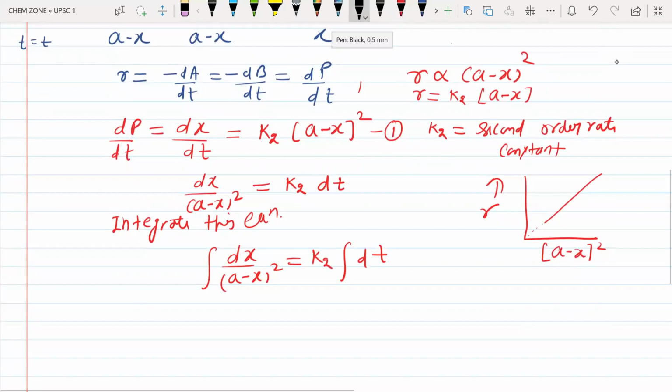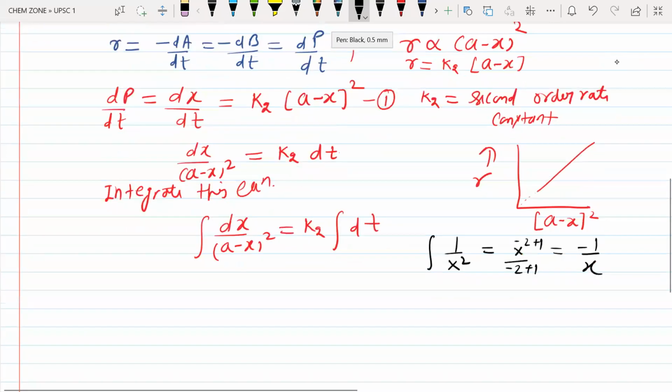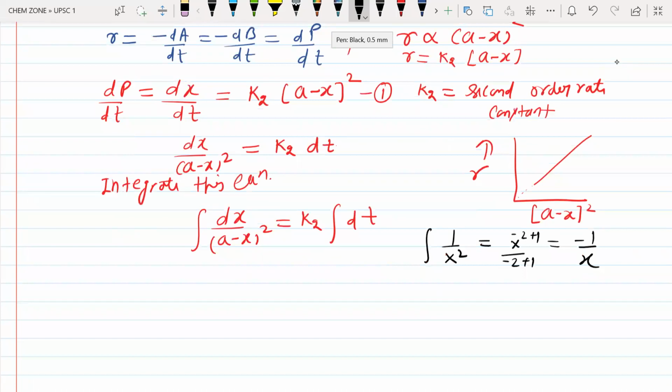Now, those who are from math background, they know that integration of, say, 1 upon x square will be equal to minus 1 upon x. So applying this formula, we find that the value of integration of 1 upon (a minus x) square will be equal to minus 1 upon (a minus x),